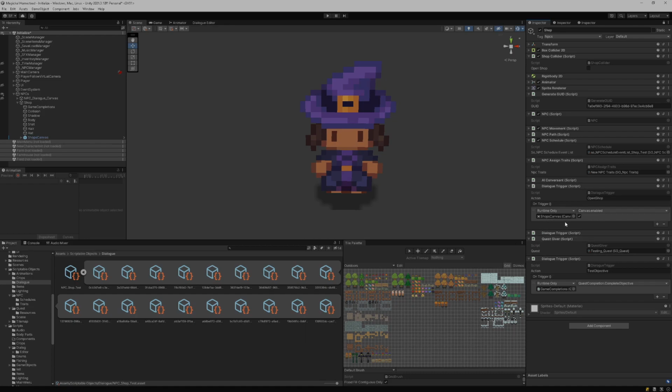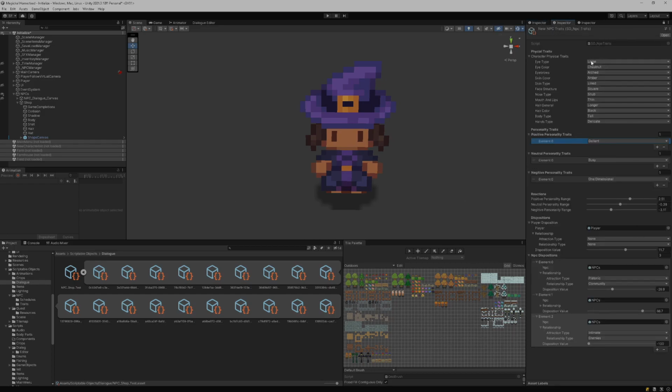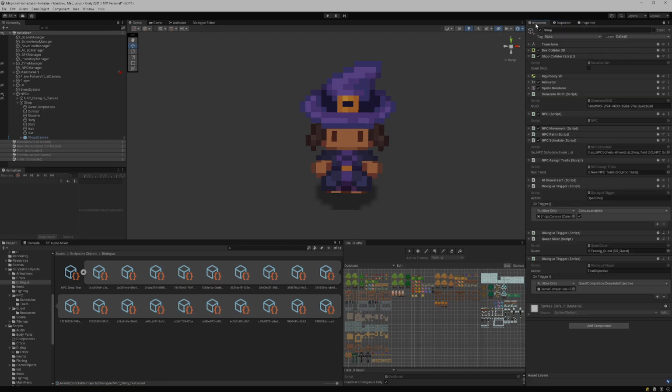Basically, what it's doing is that every NPC will have an assigned trait so that it's linking to this system. And then these triggers will have an action, let's say, to open the shop. Let's just leave it as a bare example.